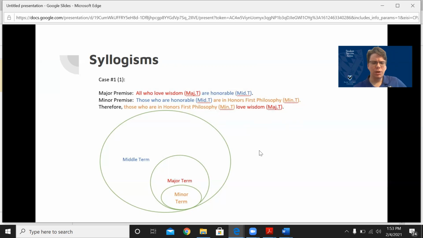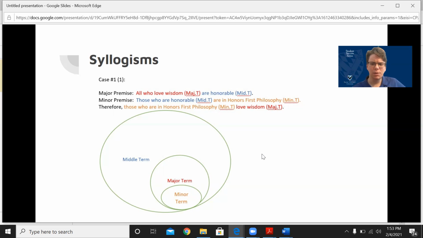The conclusion that we draw from the premises is, therefore, those who are in honor's first philosophy love wisdom. It takes the predicate of the minor premise, are in honor's first philosophy, as its subject. And the subject of the major premise becomes the predicate of the conclusion. It's the all who love wisdom. By constructing the conclusion from the parts of the premises, we have a better chance of having a valid syllogism. We will discuss what valid means in a few moments, but first let's take a look at a couple more